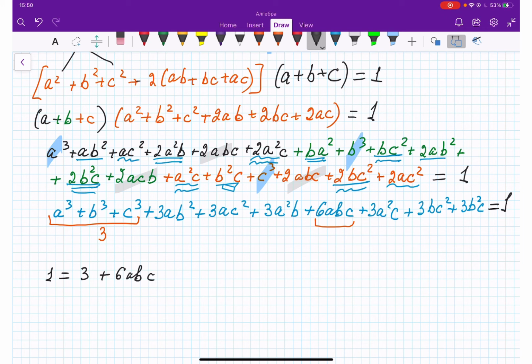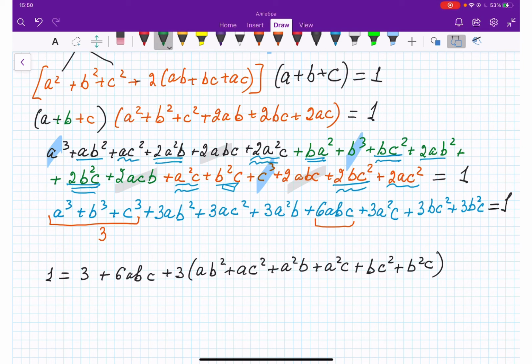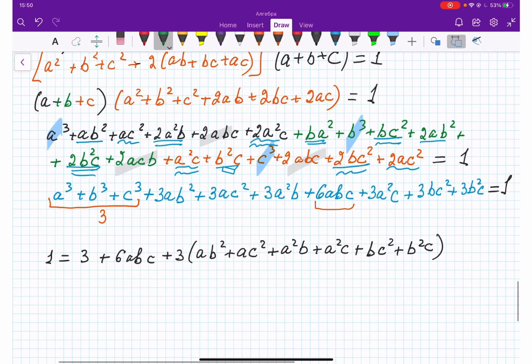Taking 3 out, because every single one of them has 3, right? 3 times (ab squared plus ac squared plus a squared b plus a squared c plus bc squared plus b squared c). Okay, in all these 3 terms, we can take 3 out, right? We can divide by 3, and we are going to get